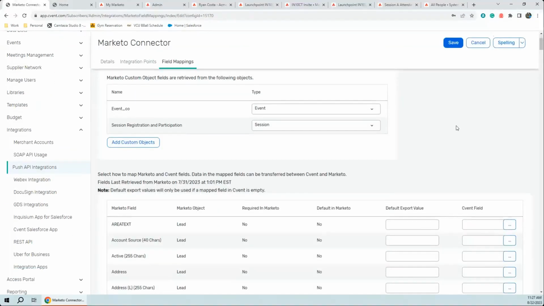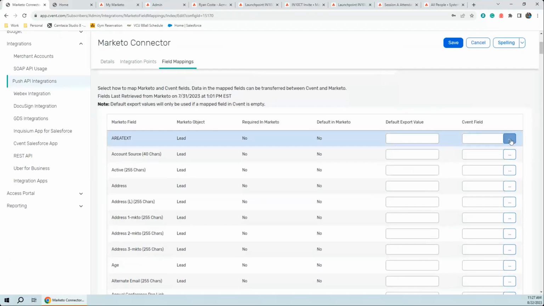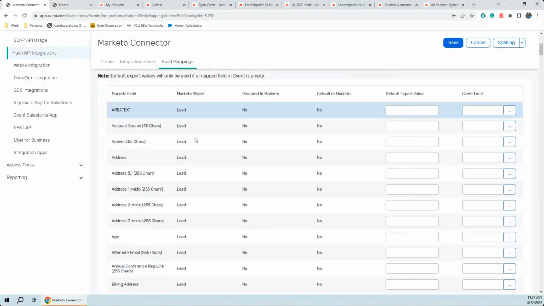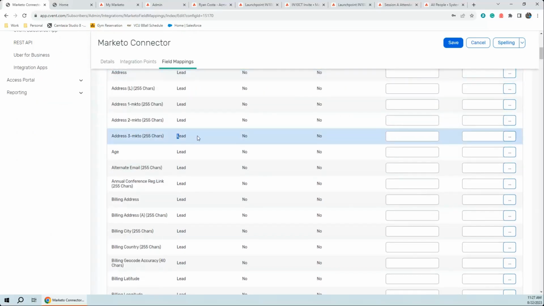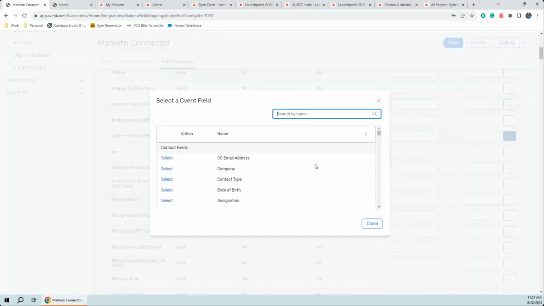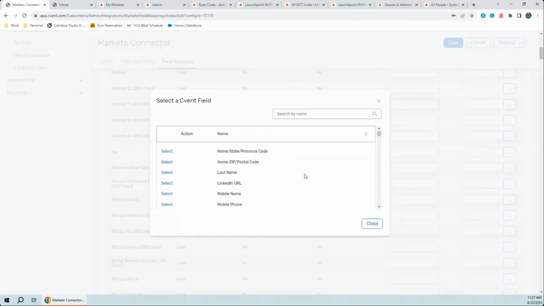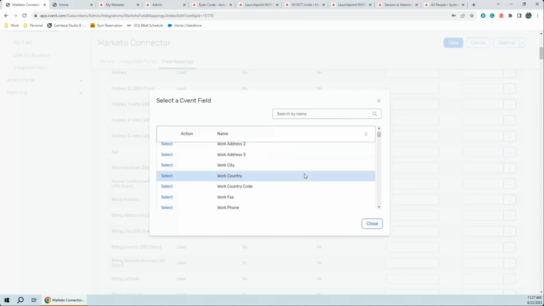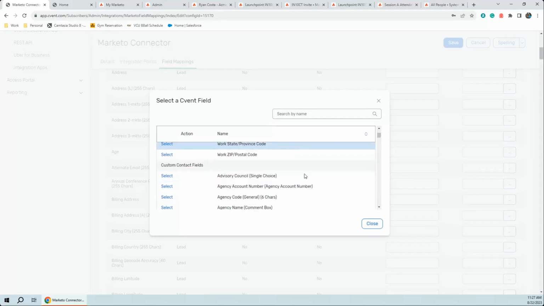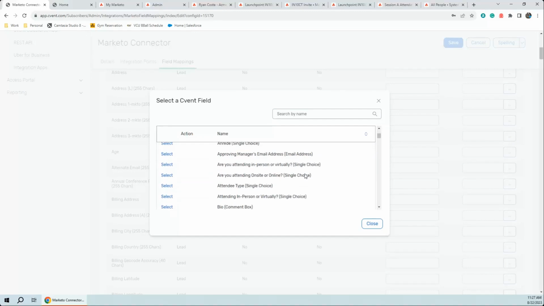You can choose to map Cvent contact as well as registration data to the Marketo lead object, so any lead field that may exist, and you're able to map those accordingly to those Cvent fields. Again, it's going to be Cvent contact fields, registration fields like registration type, admission item, registration date, etc. We can also sync lead capture fields if you're using Cvent lead capture, session data, event data,